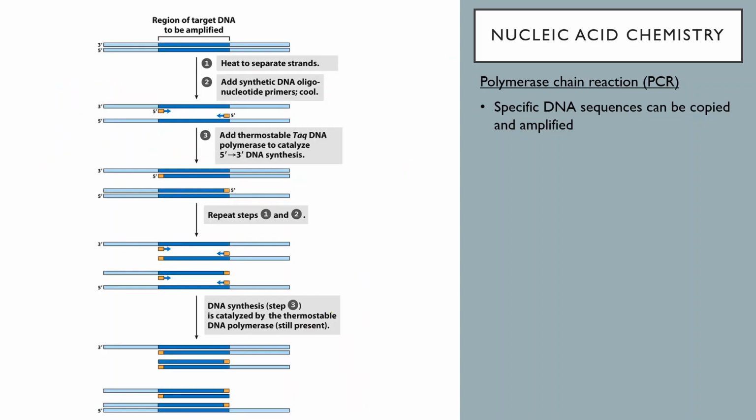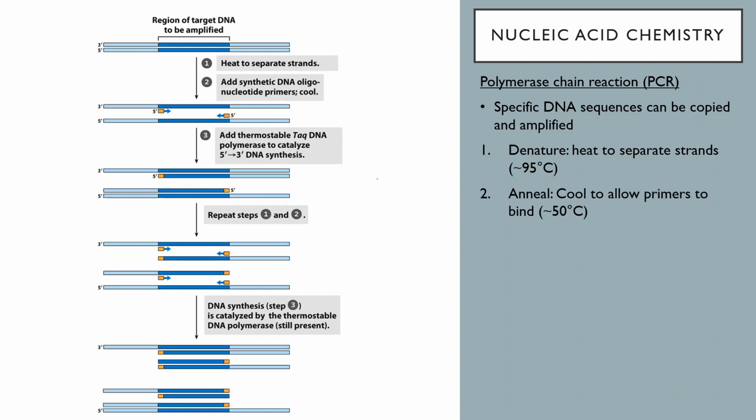So a PCR reaction goes like this. You start with your target DNA, which again is always going to be double-stranded to start with. You heat your target DNA, and that will denature it. Again, the amount of denaturation depends on the sequence and the length. So you heat it up to nearly boiling to make sure that the two strands are completely separated no matter what they're made of. And then that separation lasts for usually just a few minutes,